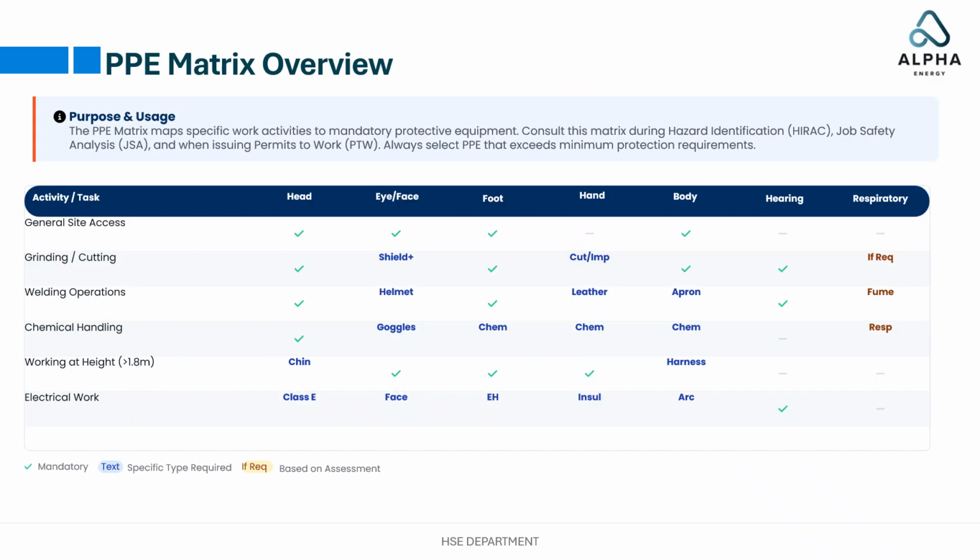The PPE Matrix Overview provides a detailed map of mandatory protective equipment for various work activities, serving as a critical resource during hazard identification, HIRAC, job safety analysis, JSA, and the issuance of permits to work, PTW. For general site access, mandatory protection includes head, eye, face, foot, and body gear. Grinding and cutting tasks require specific equipment such as a shield for eye-face protection, cut impact-resistant hand protection, and respiratory